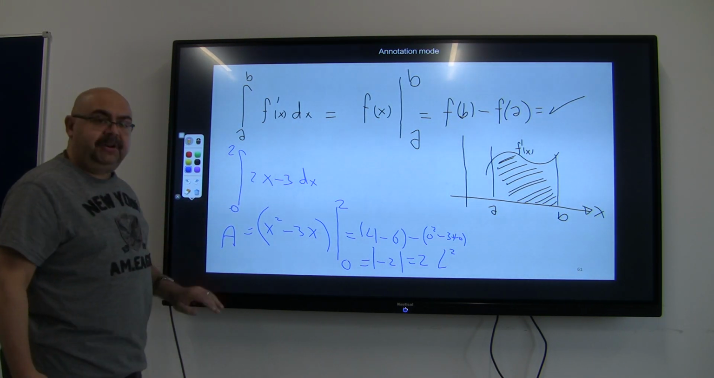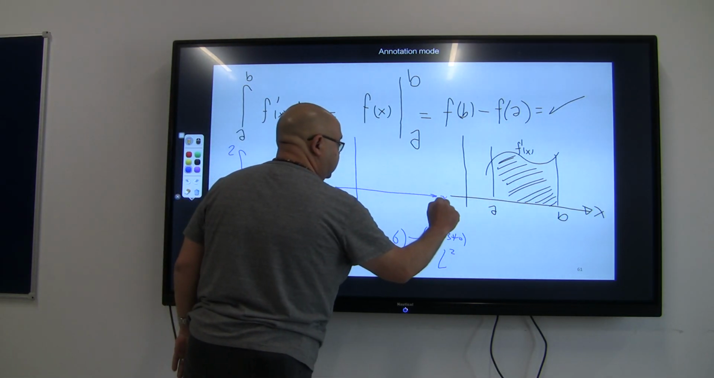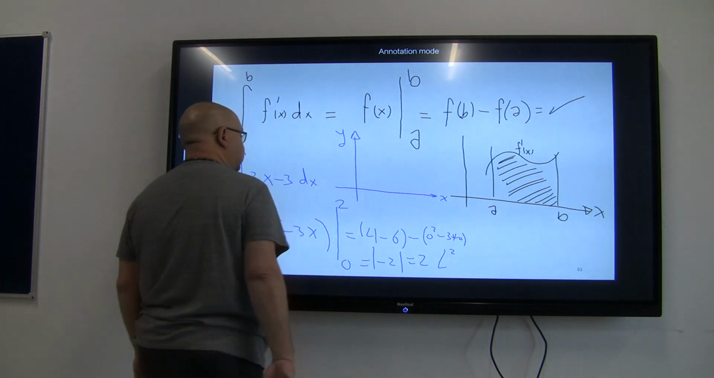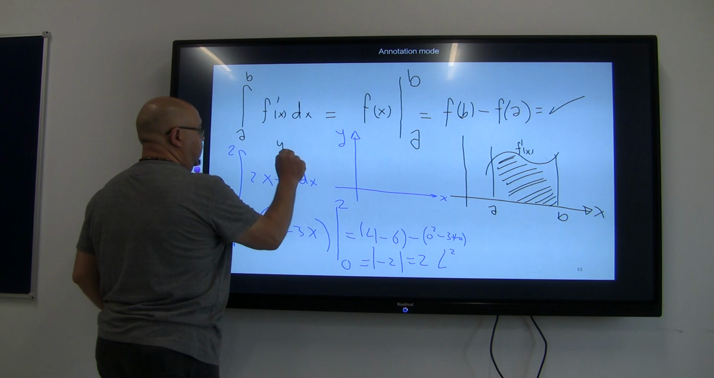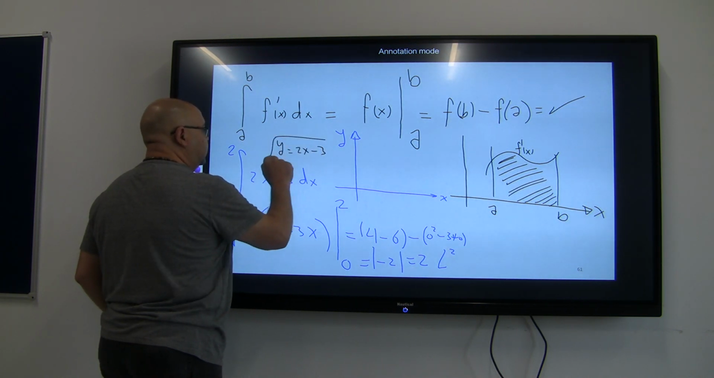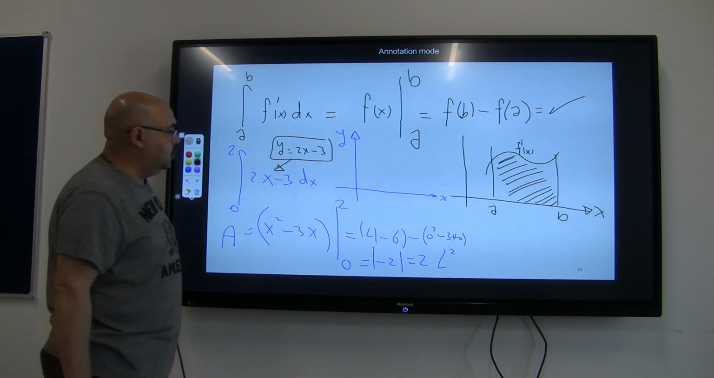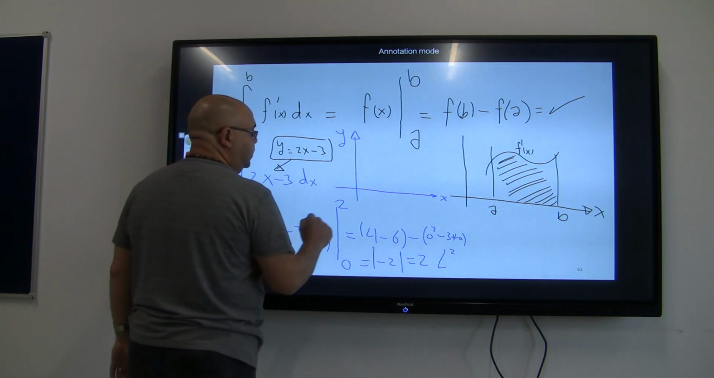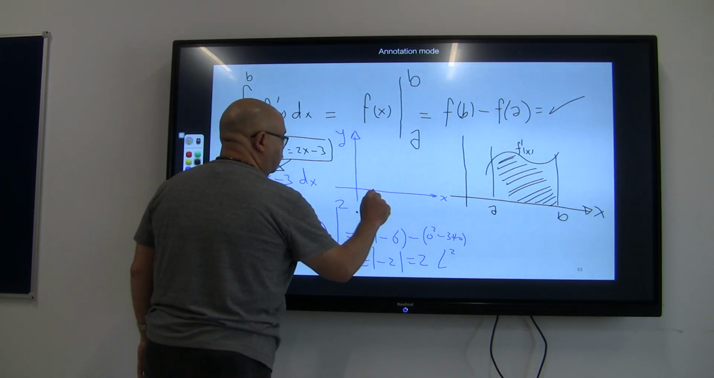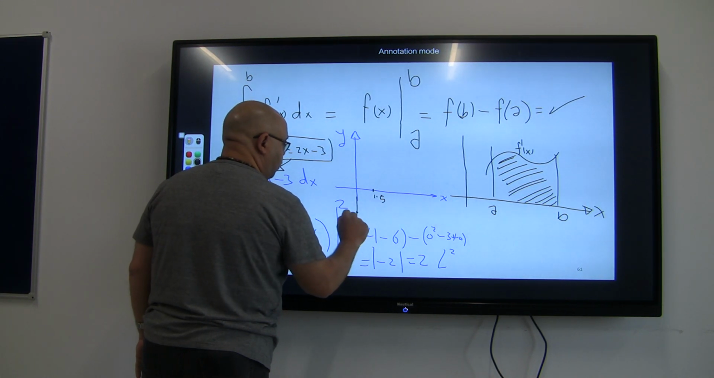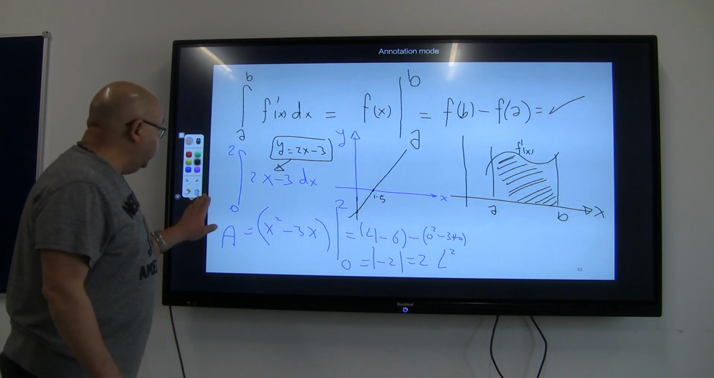If I have 2x minus 3, so this is the y-axis, this is the x-axis. If I want to draw the function, which is y equals 2x minus 3, this is the integrand. If I want to draw this function, simply if I put x equal to 0, I will start from -3. If I put y equal to 0, it will come up to 1.5. Okay, so this is the line that we are talking about. We are integrating,